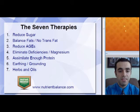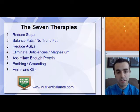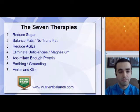So the 7 therapies that we're going to be going over today are: number 1, reduce sugar; 2, balance fats / no trans fat; 3, reduce AGEs, and when we get to 3 we'll discuss what AGEs actually are. Number 4, eliminate deficiencies, and we're going to talk specifically about magnesium, but there are many types of deficiencies, and